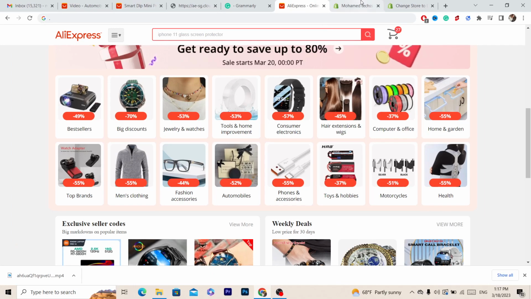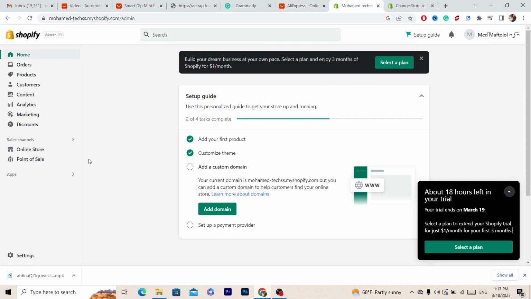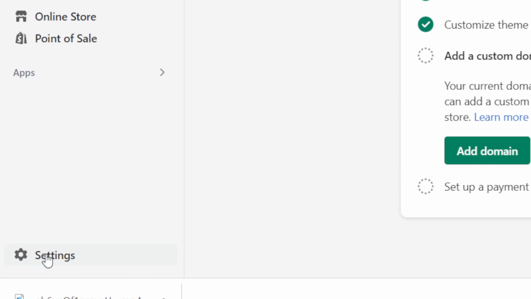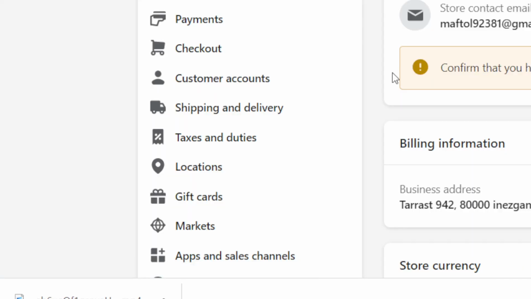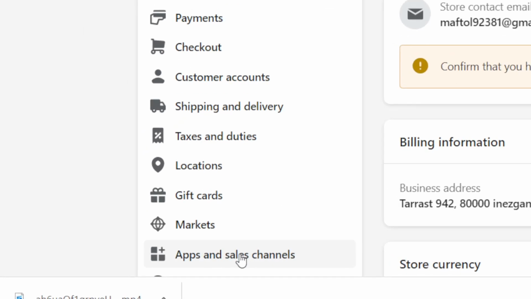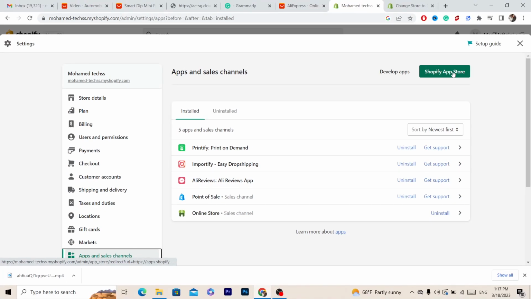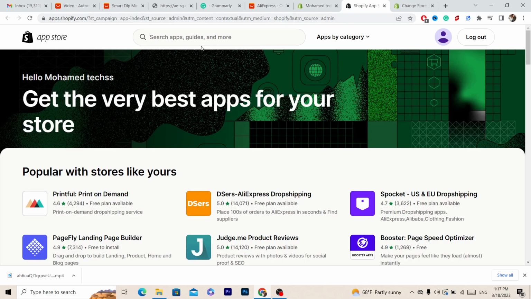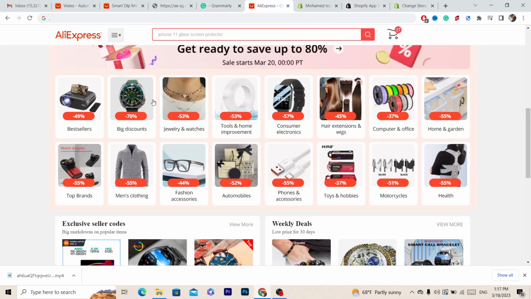First thing you want to do, guys, you want to open your Shopify store, okay? And then you want to click on settings at the very bottom left. And then you want to click on apps and sales channels. And then in the top, you can see here, guys, Shopify App Store. Click on Shopify App Store so that we can download an app that will help us import products from AliExpress